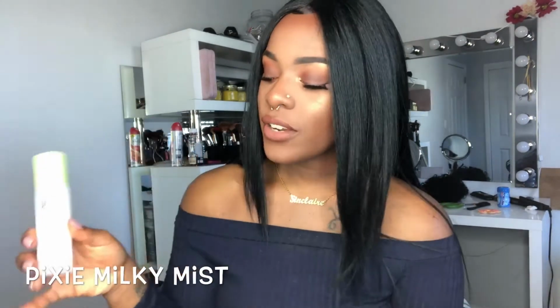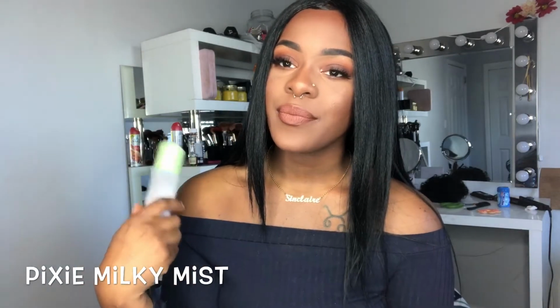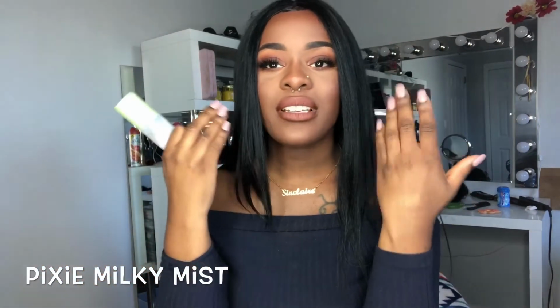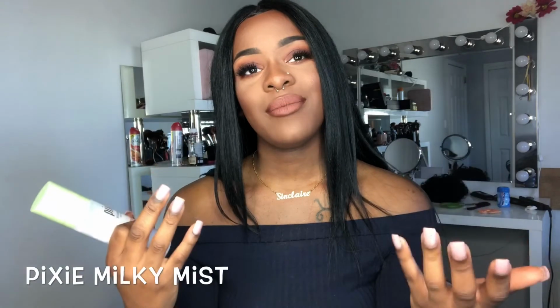But yeah, this is what I spray all over my face when the aloe vera dries down before I do my makeup. I spray this on top of that usually, and it brings back... I can't describe it. It just makes my face feel nice, like before I apply my foundation, and even when I'm applying my